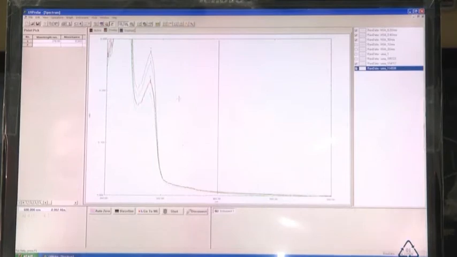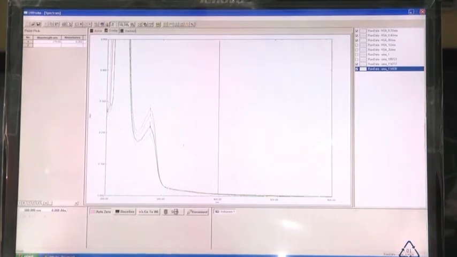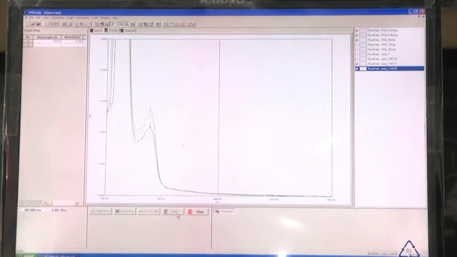Now, we will be adding 4 molar urea. We have done auto zero, and again this is for 4 molar. And start. At least you should take 5 to 6 readings for this plot. This plot is the concentration of denaturant versus the change in absorbance at 278 or 280, wherever it comes maximum. Now, here we can see it is for 4 molar urea.